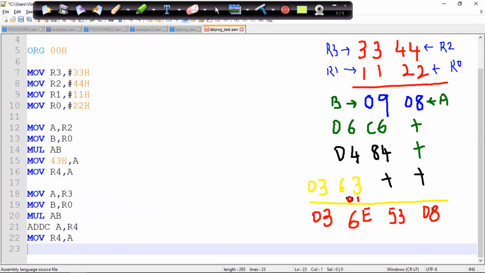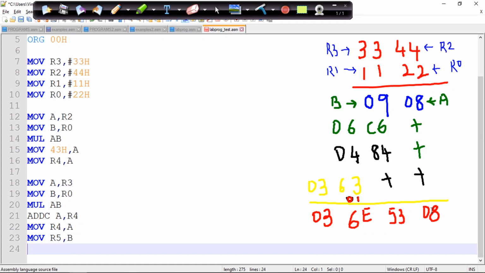And the other higher nibble we have is 06, which is present in B. That 06 needs to be added with the numbers over there, so I'll keep a copy safely in register R5. So I have moved the contents.